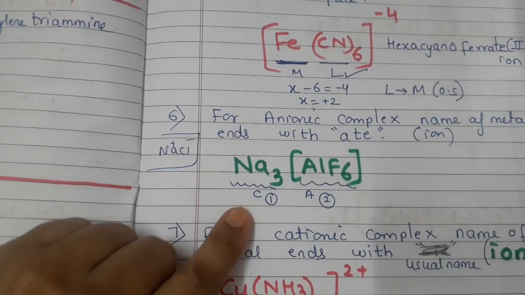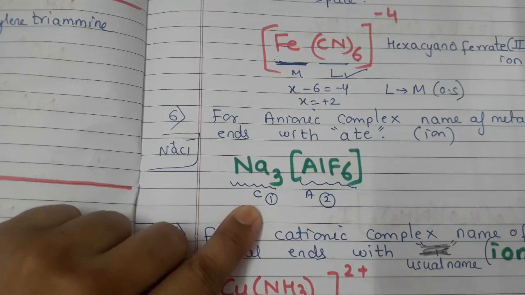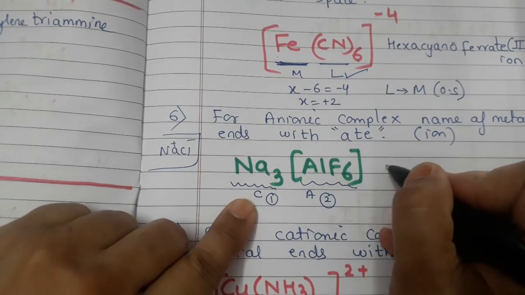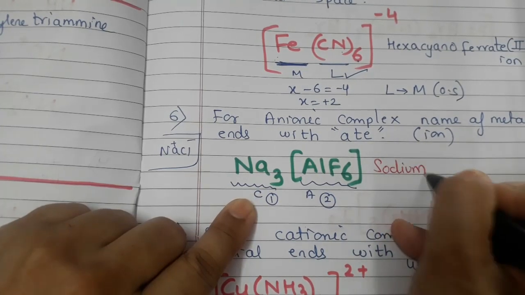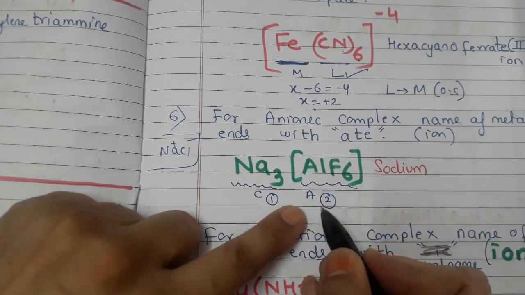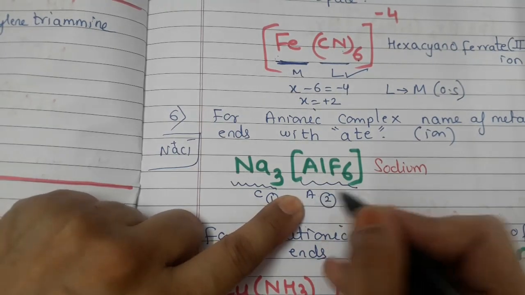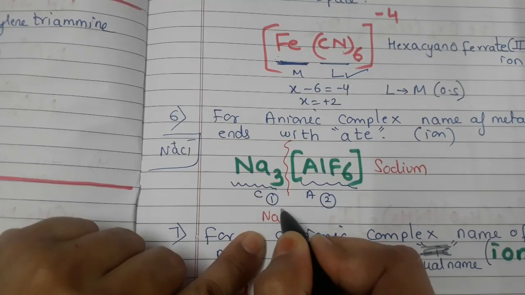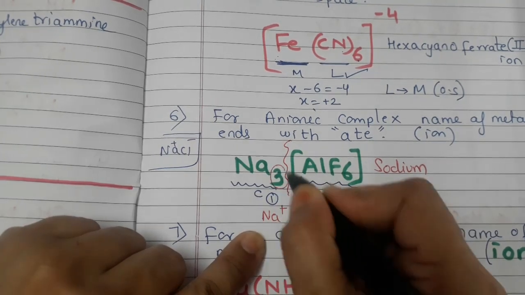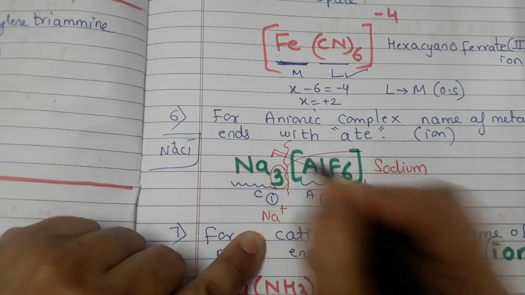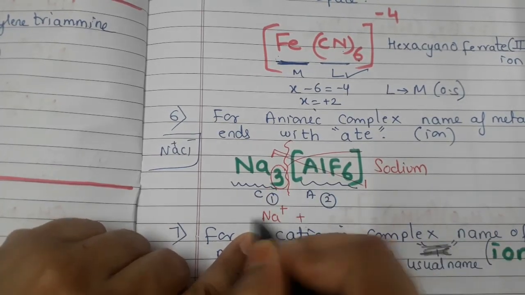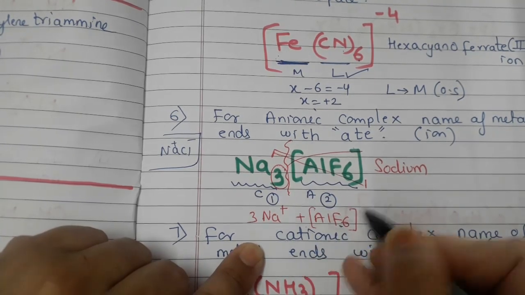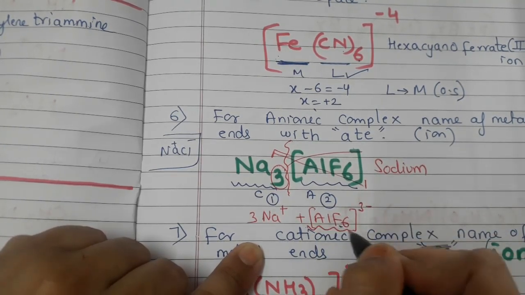Okay, so let us try it. Let us begin with the cation name. Now the name of this particular compound, as we begin with cation, it is sodium. So I write first sodium, students. Then I have to name the anion. Now anion, what you do, you first split it. You split this compound. When you split, you will come to know it is Na plus. This 3 will go here and this 1 will come over here. So Na+ and AlF6 3-. So we will name this compound now.